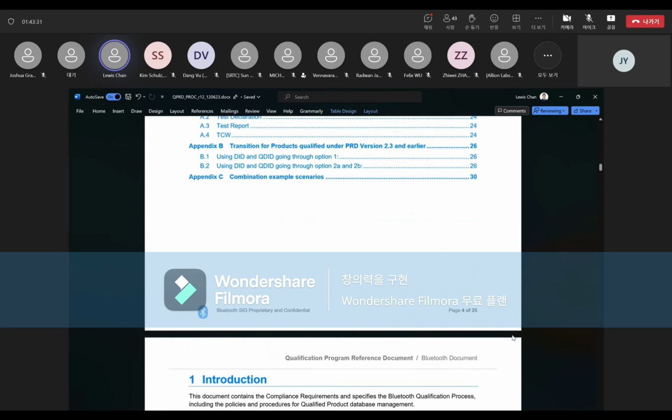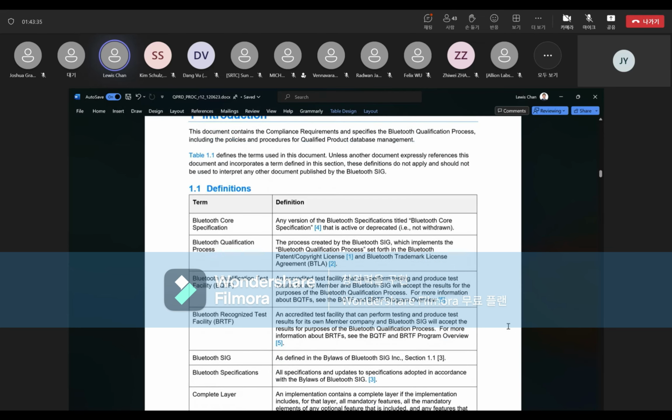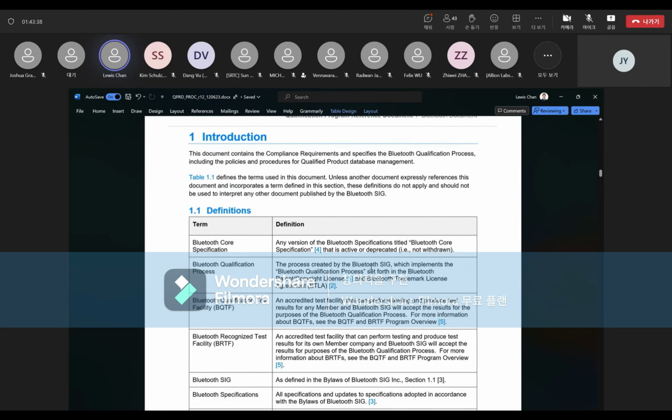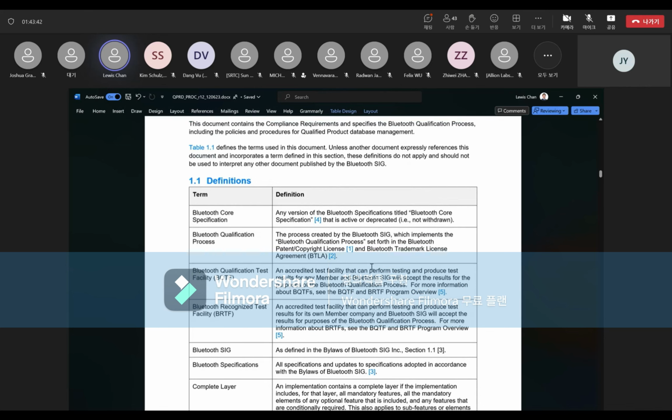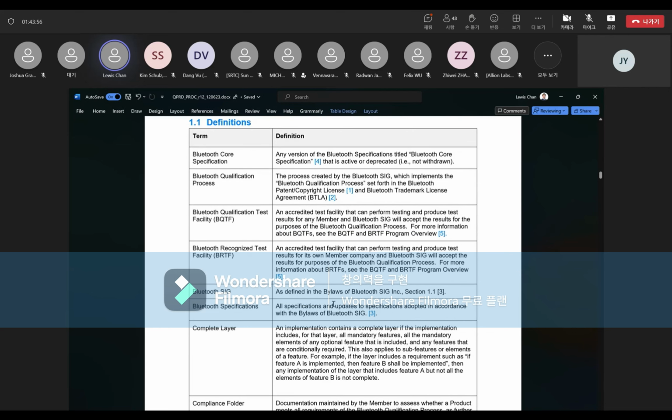Stop me if you need more clarifications. So I'll go through the document quickly. The definitions list is pretty comprehensive. Nothing really, maybe I'll pick something to call out. You might probably know what the Bluetooth core spec is. The qualification process is easier to define, especially for the new